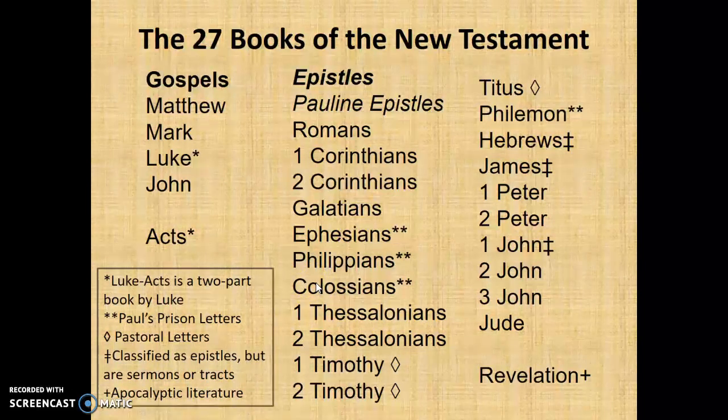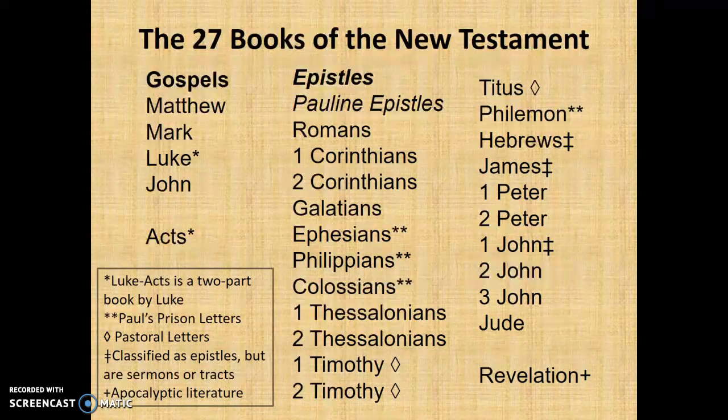So there are different kinds of literature in the New Testament, just like in the Old Testament, there was law and narrative and poetry. The New Testament is the same. The first 4 books of the New Testament are considered Gospels, and we'll talk more about what that genre is. It's sort of a new genre in history at this time. Acts is considered history, a certain kind of history, and maybe even biography.